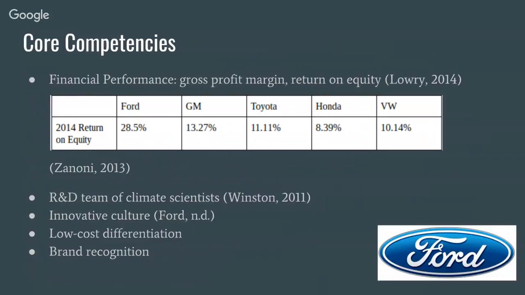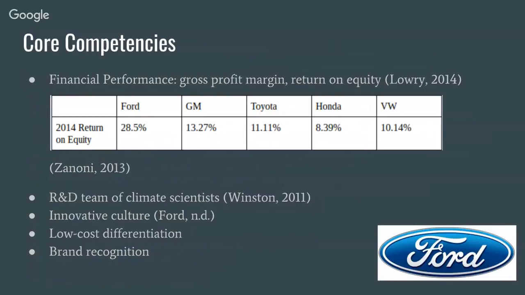Ford utilized backward vertical integration to lower the cost of R&D while also facilitating differentiation. This is exemplified by the internal team of climate scientists who keep Ford up to date on the needs of the environment. This enables Ford to charge a lower cost for their hybrid vehicles and electric vehicles than if they outsourced to gather their climate research.